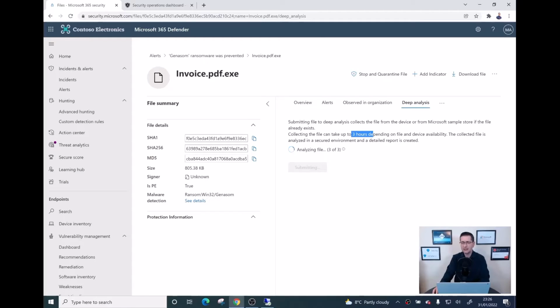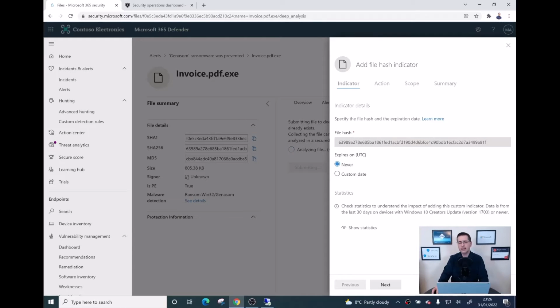I think I'm getting there. Analysis, yeah, stage 3 of 3. Okay. Just for me not to waste too much of your time here in waiting, I have a couple other things I can show. First of all, I could click on stop and quarantine this file straight away. I really don't want to give a chance, if this file is in other devices, to try to spread. And if I click on indicators, as quickly I already said, I can easily click in here